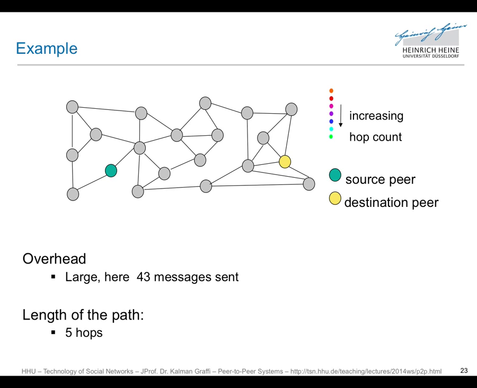It's a nice animation. Okay, so it was just sending around the message. As you see, there are around 43 messages sent, and we find a path which is 5 hops away. So this was the 1, 2, 3, 4, 1. This is the first hop. 2, 3, 4, 5. So I should have started numbering with 0. And we've also found the shortest path to the peer, but it doesn't matter because after we find the corresponding peer with the file that you want to have, we establish a direct connection